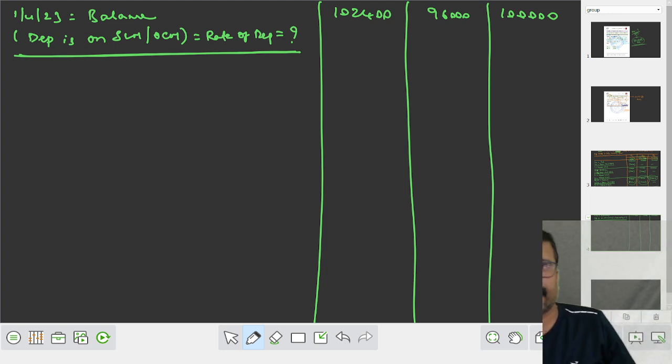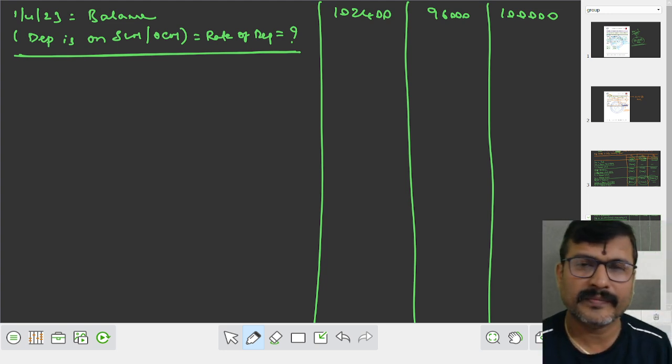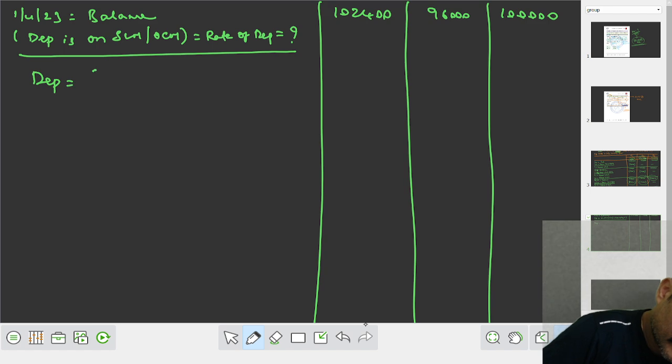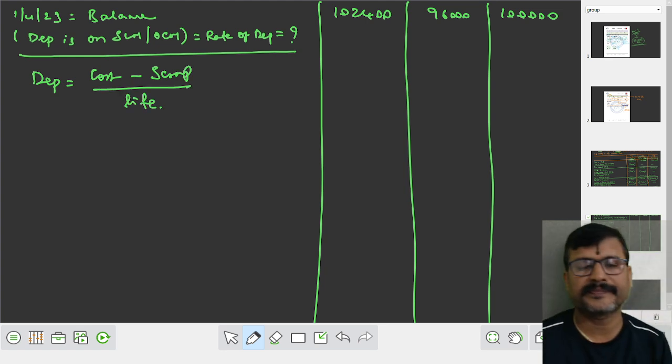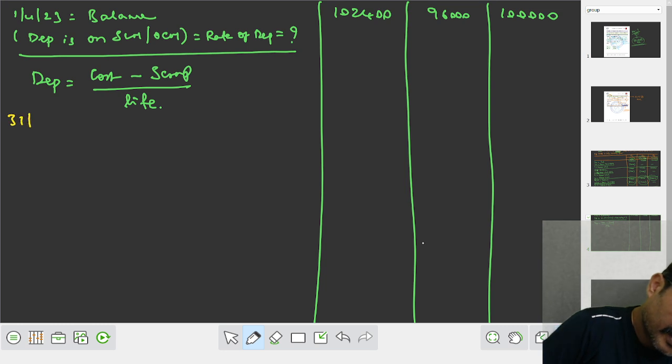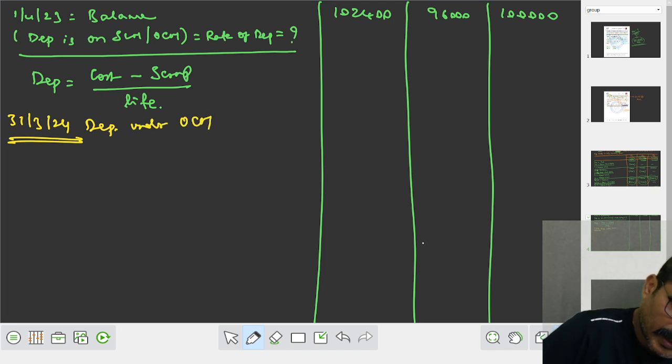Now what to do? We have to change the depreciation to OCM. How to work out depreciation on OCM? Under OCM, depreciation is cost minus scrap by life. Now, on what date do we have to charge? We have to charge the depreciation on 31st March 24. Now, depreciation under OCM method